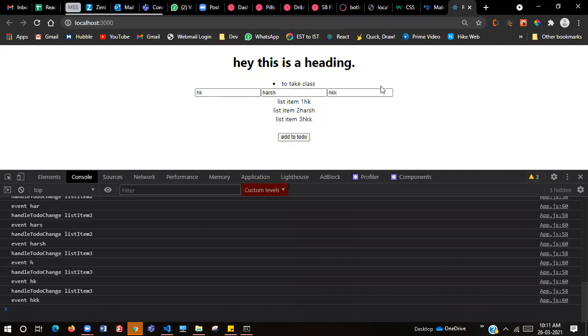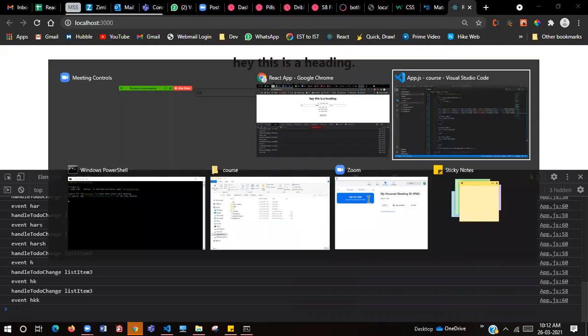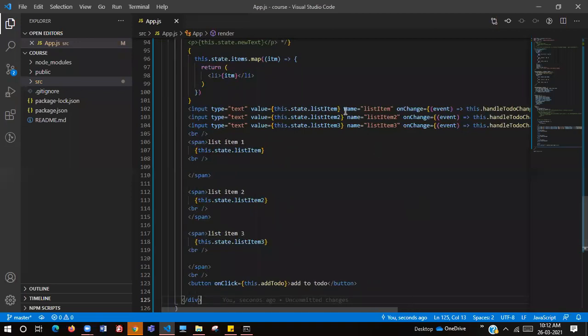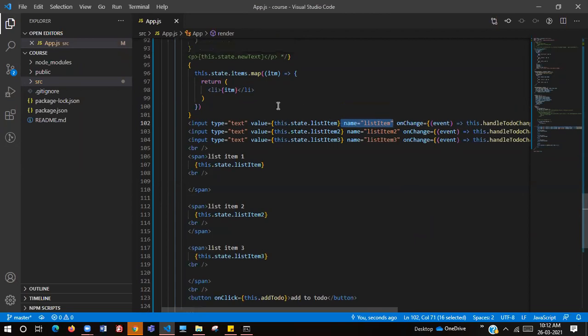Have you guys understood how? So we are taking each and every individual name for each and every input tag. That way we take the input name and we set the value to that name. Wherever that name is used, to whichever inputs that name is used, we are setting the value to those list items.